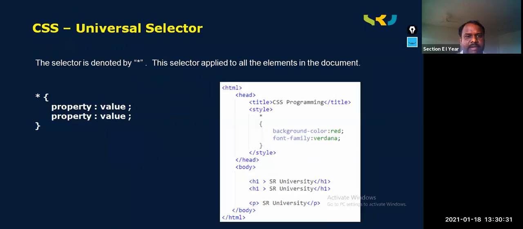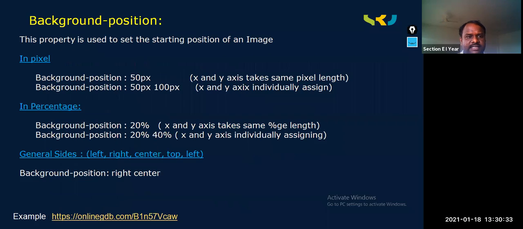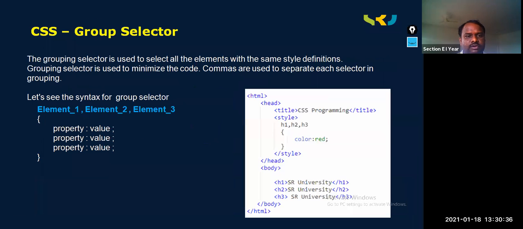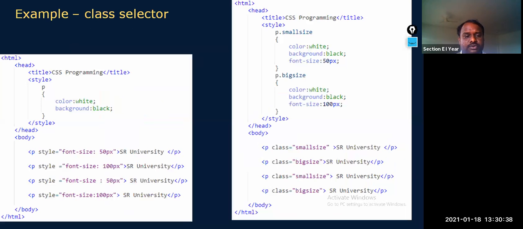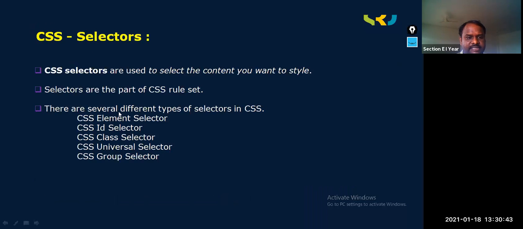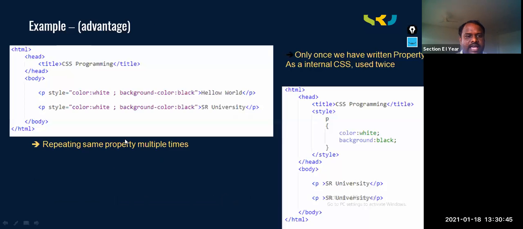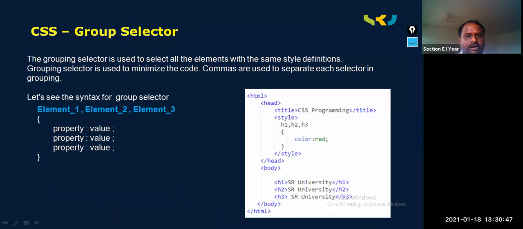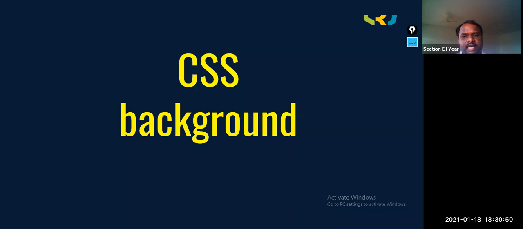In today's class we will learn background properties and font properties. And next we will go for how to write selectors, because by using one property I can't give you more details on these selectors. So as a learner, first we will learn how to write these background properties and font properties. After learning that, we will go back to selectors and we will write how and where they will be helpful. So can I start CSS background properties?